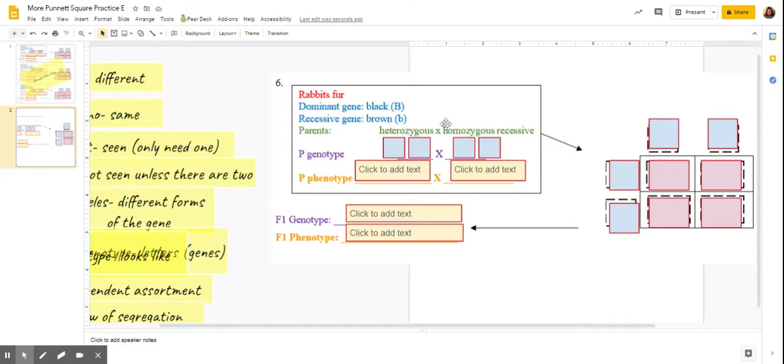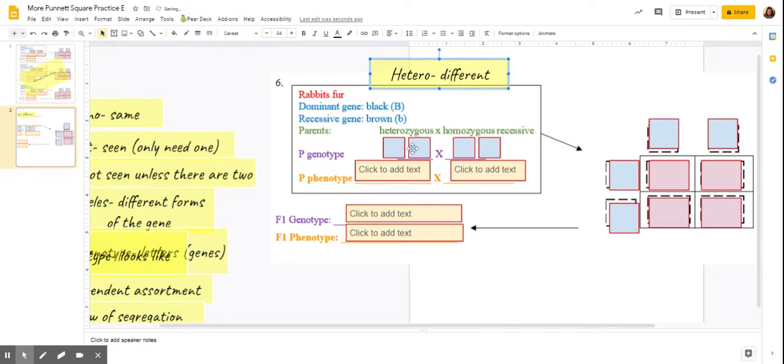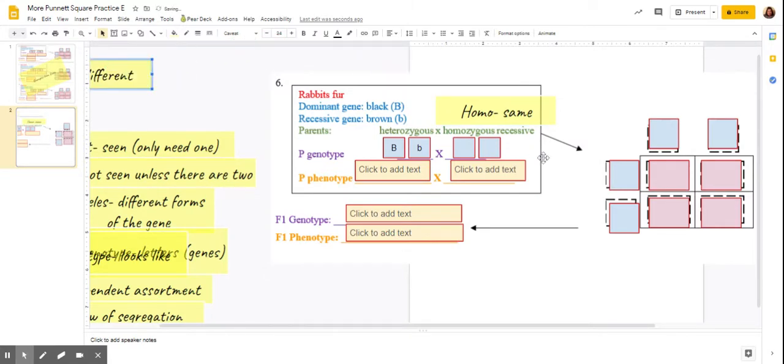And so looking at the parents, when we're getting to write their genotypes and phenotypes, we'll look at what information is given to us. So again, remember that heterozygous means different. And the only way we can have two different Bs is to have one capital B and one lowercase b. The second parent is homozygous. And so remember, this root word homo means the same. And homozygous